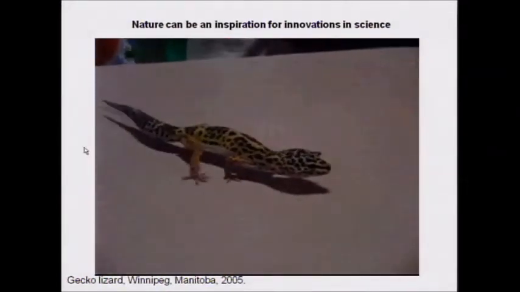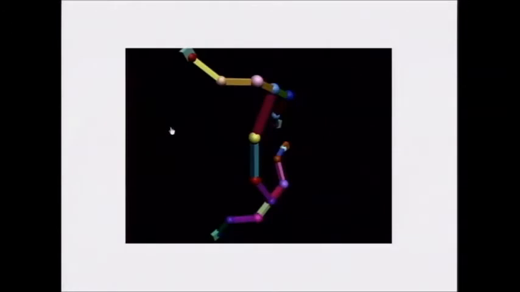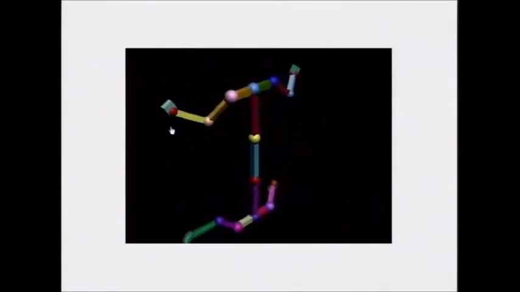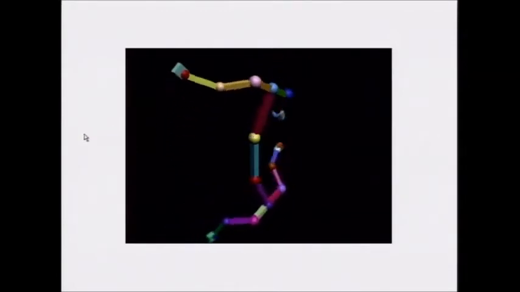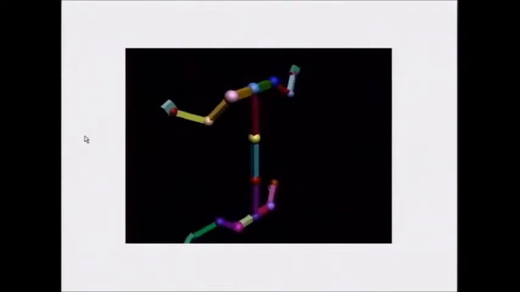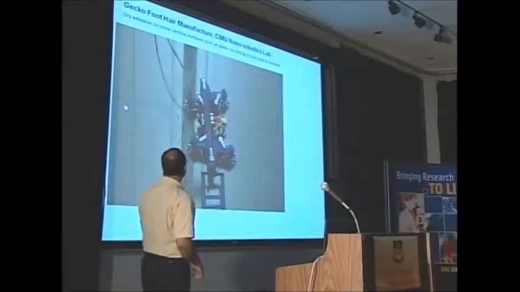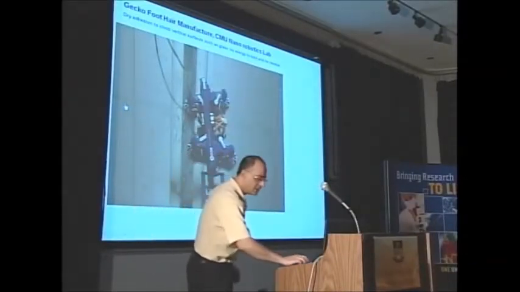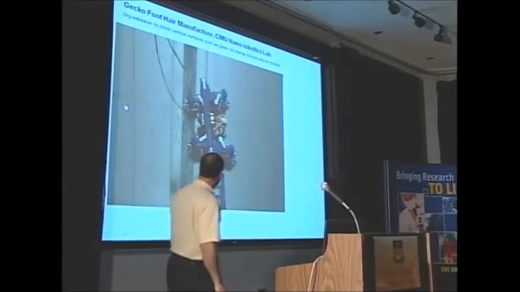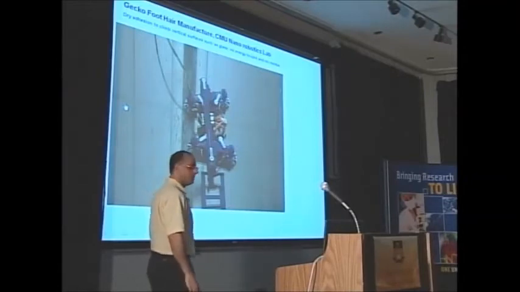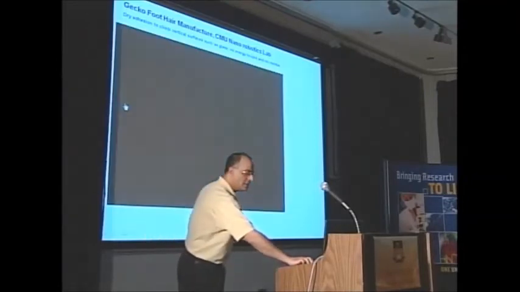When we do this, after that, people model this system. And after that, they developed that one. This one is a gecko version developed at MIT, Carnegie Mellon University, Nano-robotics. The main interesting thing here is that this robot can actually stick to the wall, vertical wall, and move up and down. The technology they use is